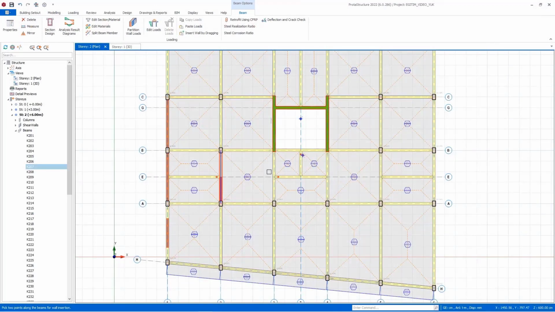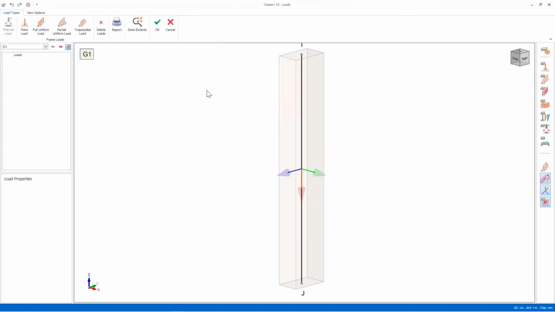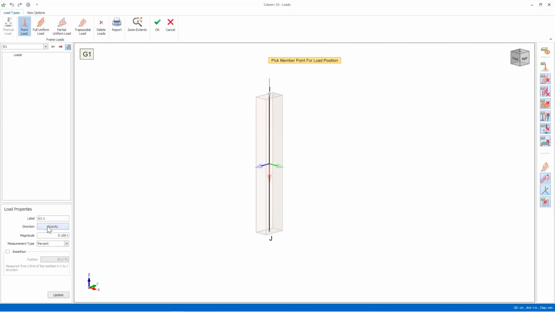Now let's look at how loads can be defined on the columns in the model. After selecting the column, let's give the Edit Loads command. The types of loads that can be defined on the column are quite similar to those on the beam. Since the wall load cannot be defined on the column, there is no wall load command here. Also, unlike beams, moments can be defined only at the top points of the columns. Let us define a moment of 1 tm at the top of the column. After entering the load properties, it is enough to hover over the point and click.